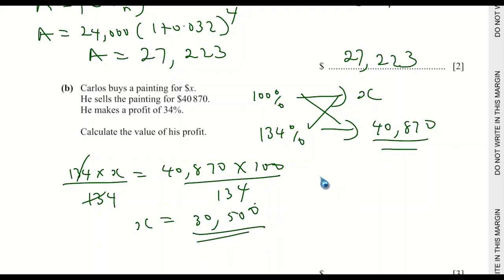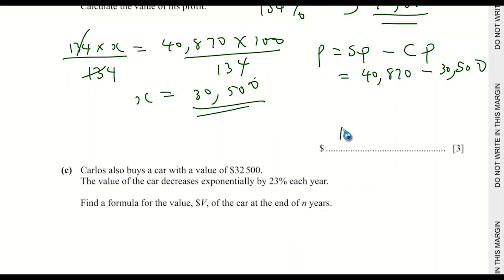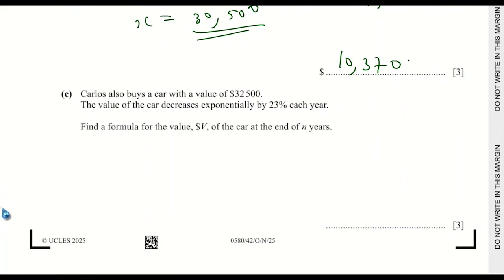So the profit will be the selling price (SP) minus the cost price (CP), which is 40,870 minus 30,500, and the final answer is 10,370. Okay, part C. Carlos